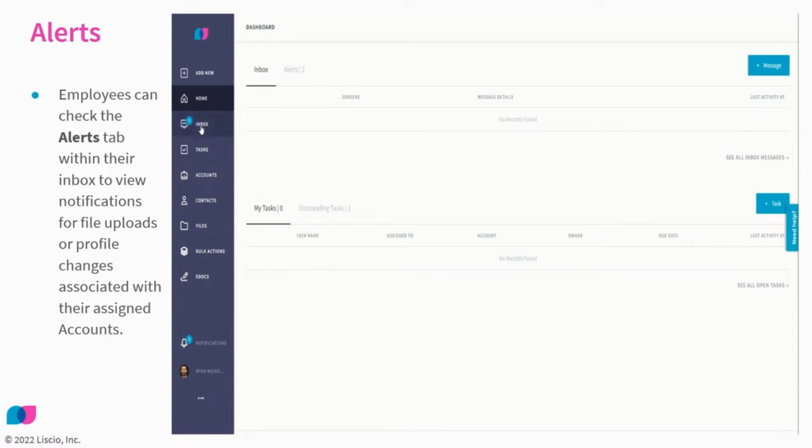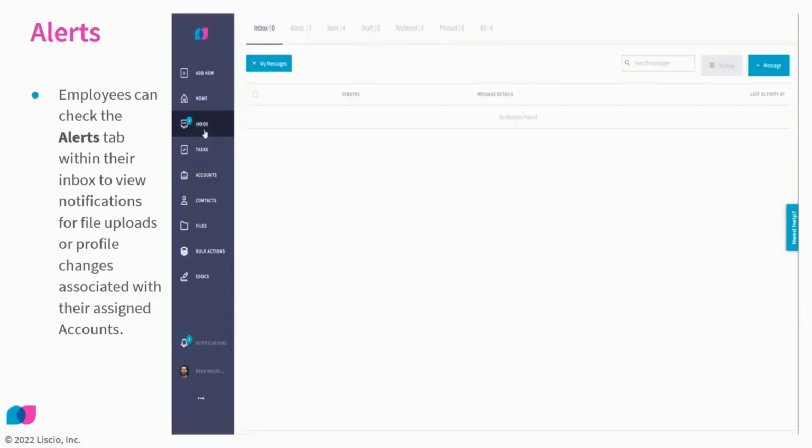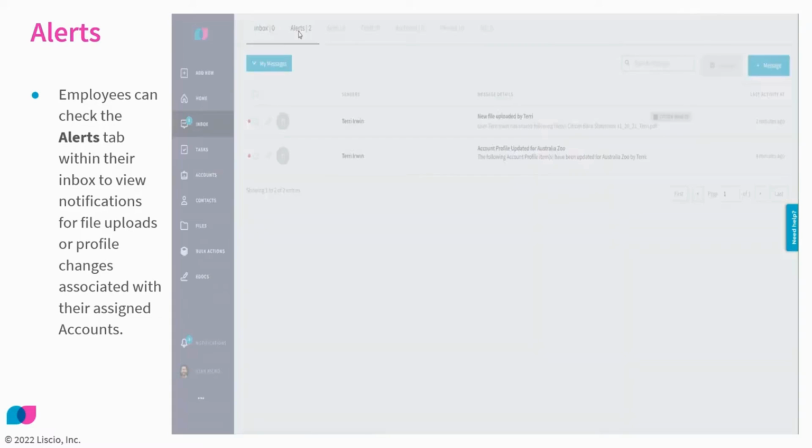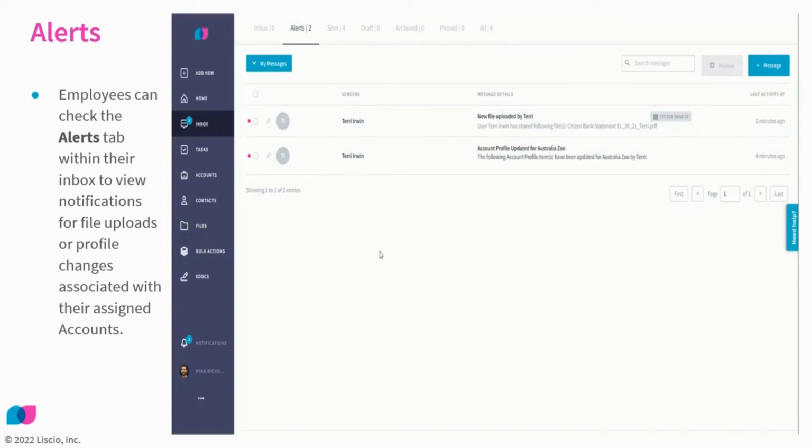If I go directly into the inbox area here would be where any unique messages are from the client, where they've actually typed you out a message. But we'll also want to keep an eye on the alerts tab. So since I'm a client service team member of the Australia Zoo, and Terry is a contact for that zoo,